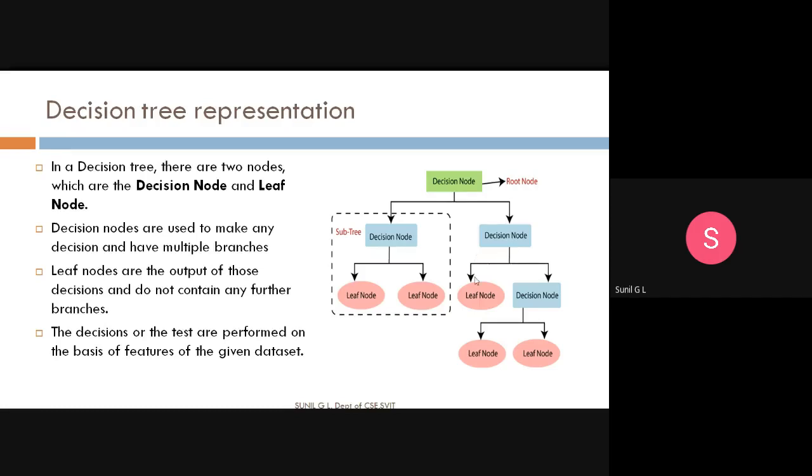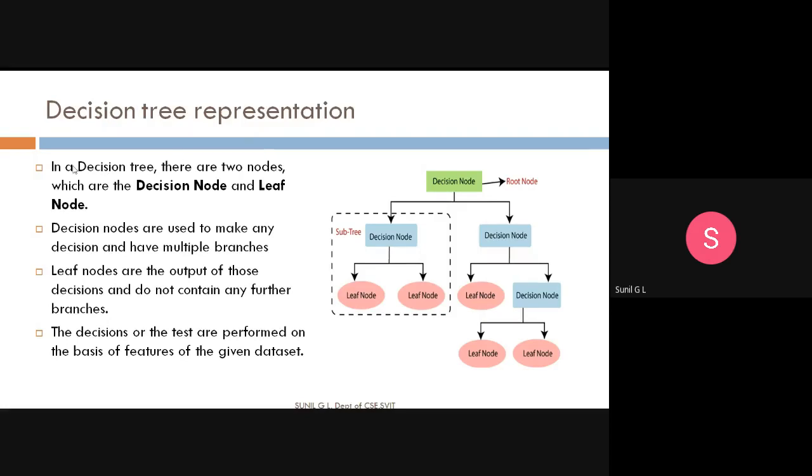If it is yes, it comes to one end, a leaf. If it comes here, we will have a decision, and after that, here also we will have yes or no. If it is yes, we get one leaf node; if no, another leaf node. These are the intermediate decision nodes, and the root node is also a decision node. So in the root and in the intermediate we have decision nodes. This one we will call one subtree.